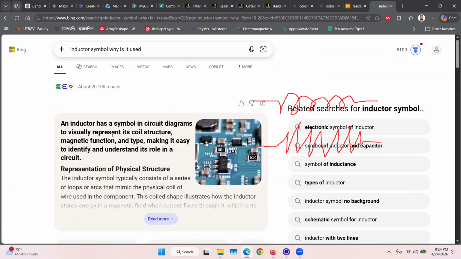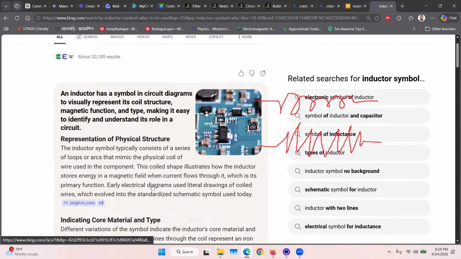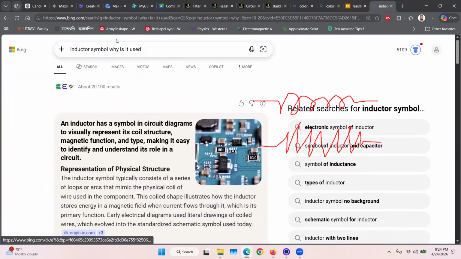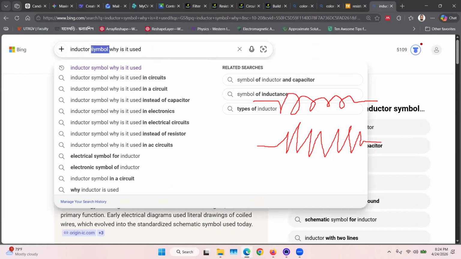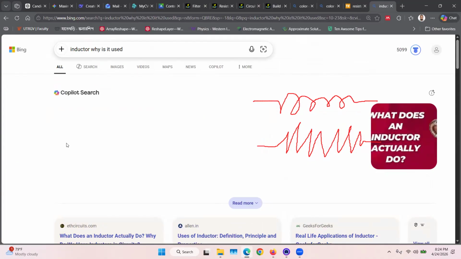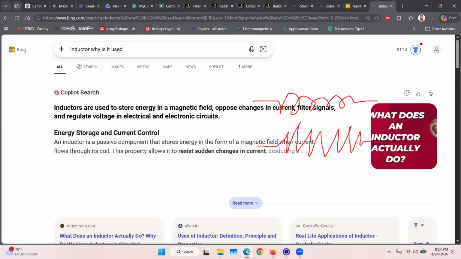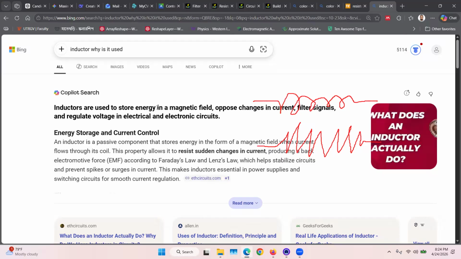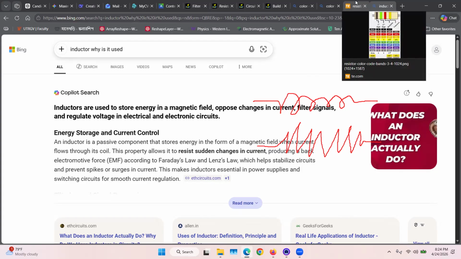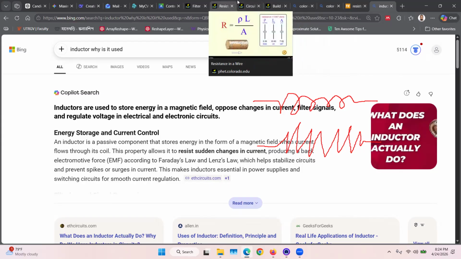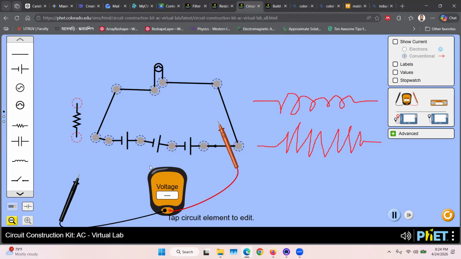The inductor symbol is usually drawn as a coil structure. It stores energy in the magnetic field, and it actually regulates the current. This is actually important if you design any